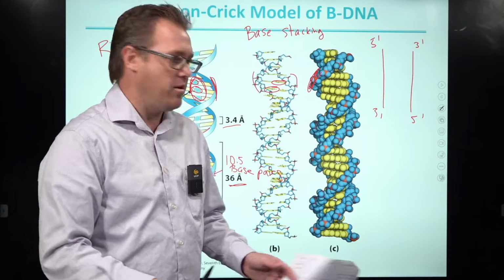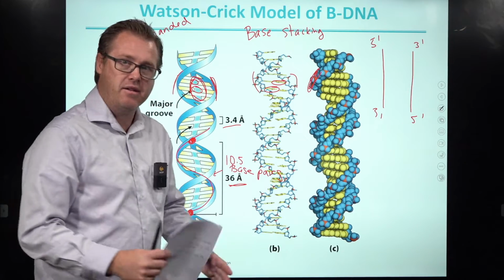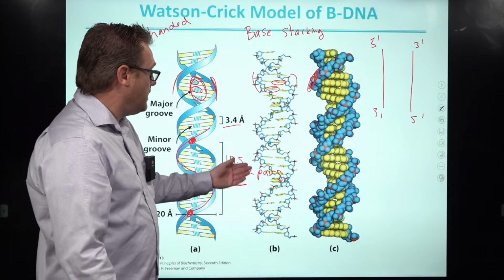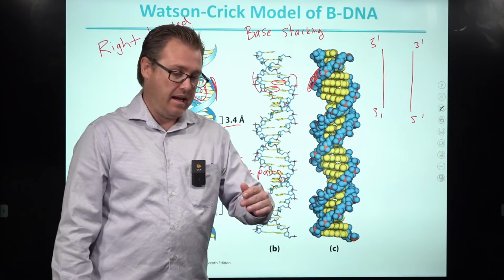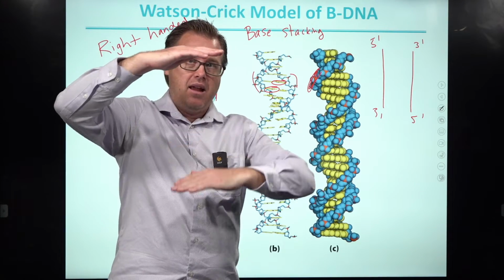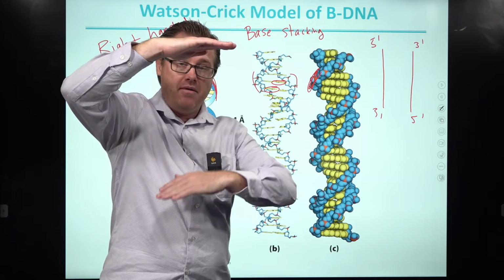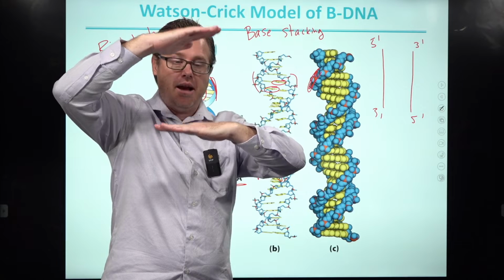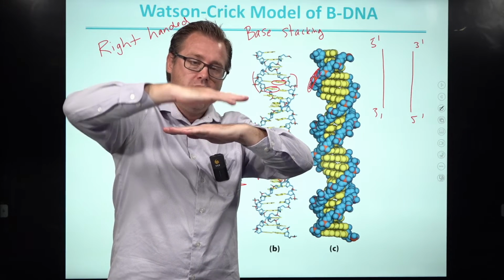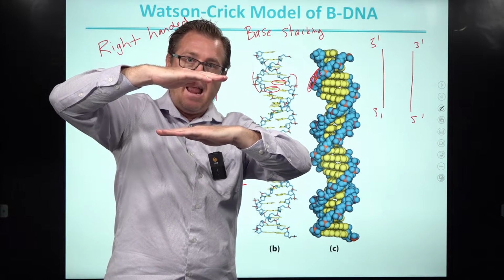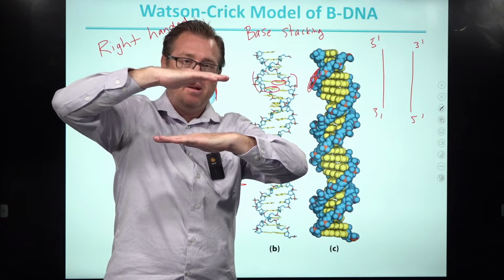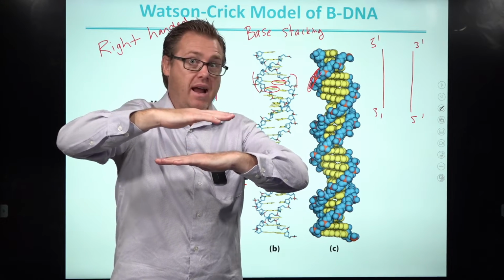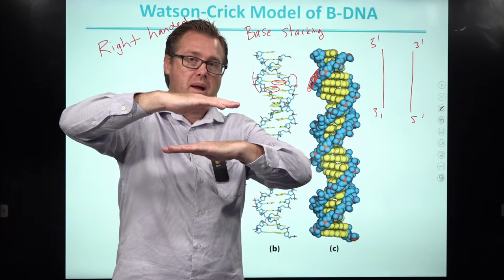Not perfectly planar, but the way it's drawn, you can see how they're kind of flat. They're mostly flat. So the base above and below can stack on one another, not right on one another, but there's going to be an interaction between this nitrogenous base and this nitrogenous base, not by hydrogen bonding, but by pi stacking